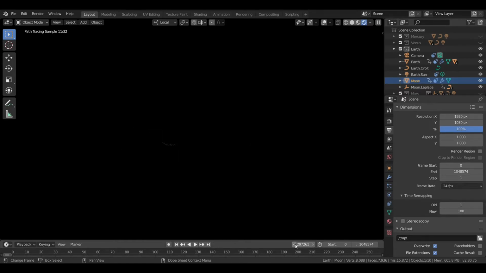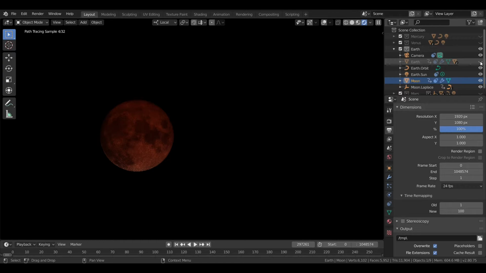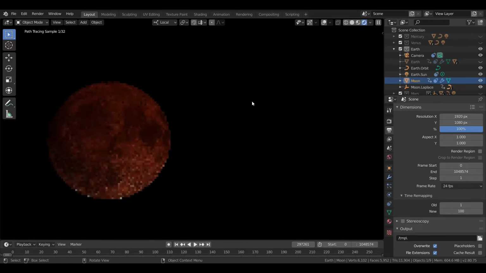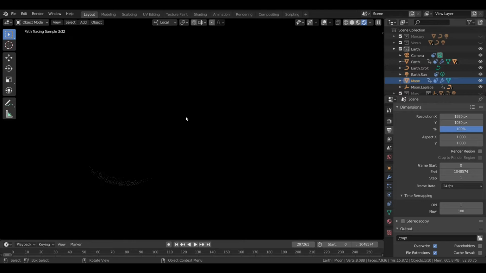Now, real lunar eclipses usually just make the moon look red because of the Earth's atmosphere. I wasn't able to quite replicate it in this, but if I make the Earth invisible and leave behind its atmosphere made using volume scattering and absorption, the moon does actually look red, but if I have the Earth there, it's just covered. But anyway, that's solar and lunar eclipses. So without further ado, let's take a look at Earth's orbit.